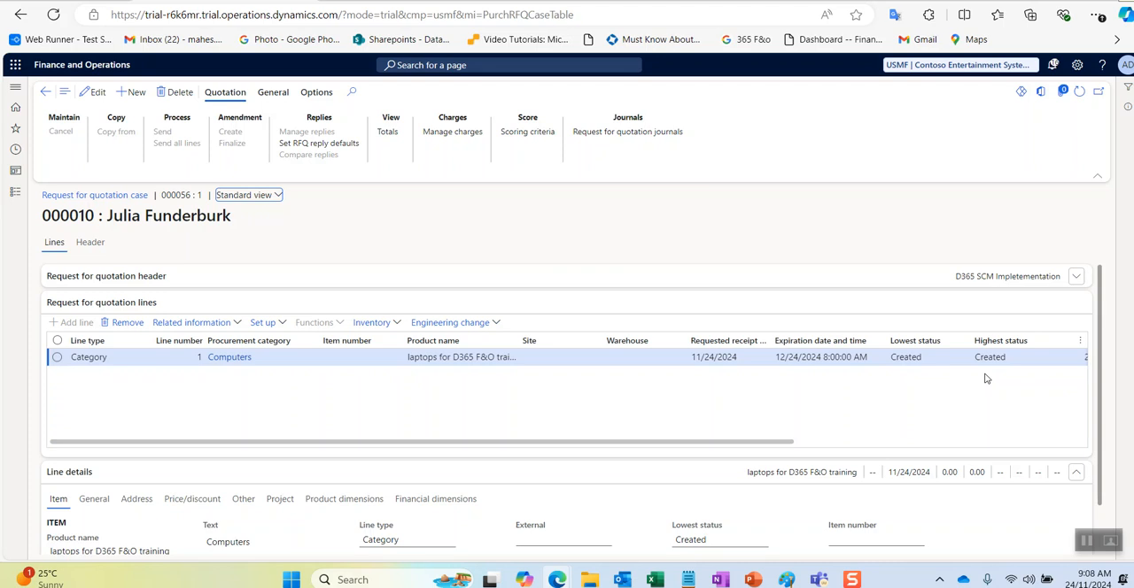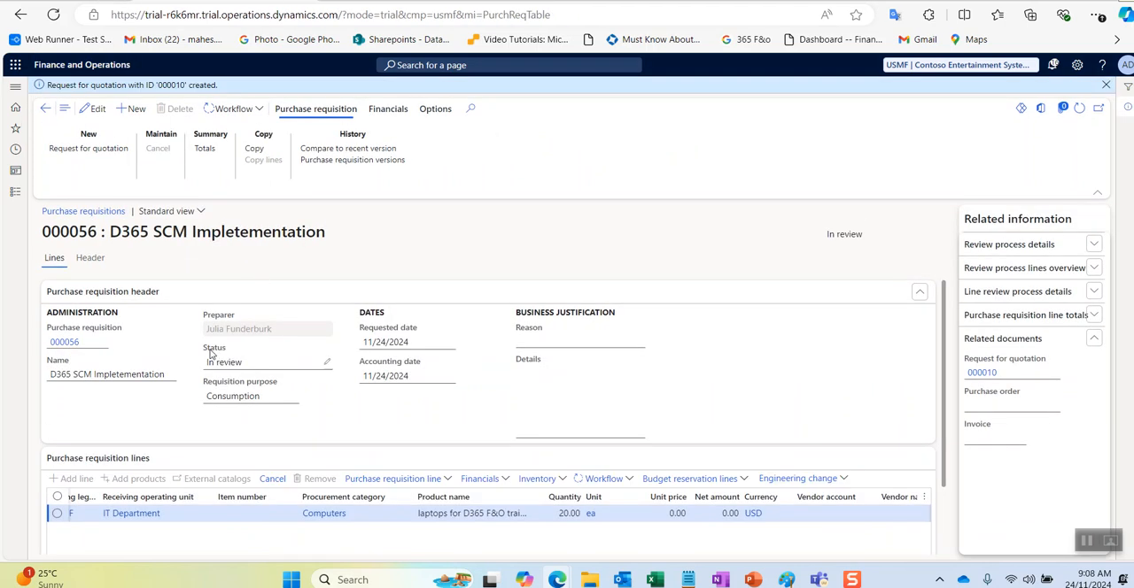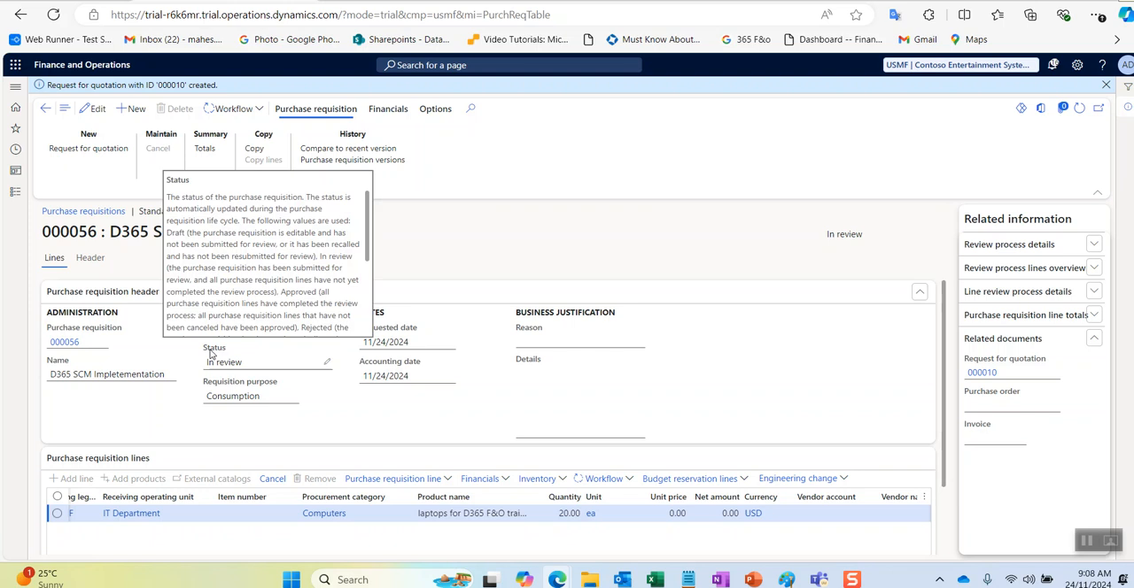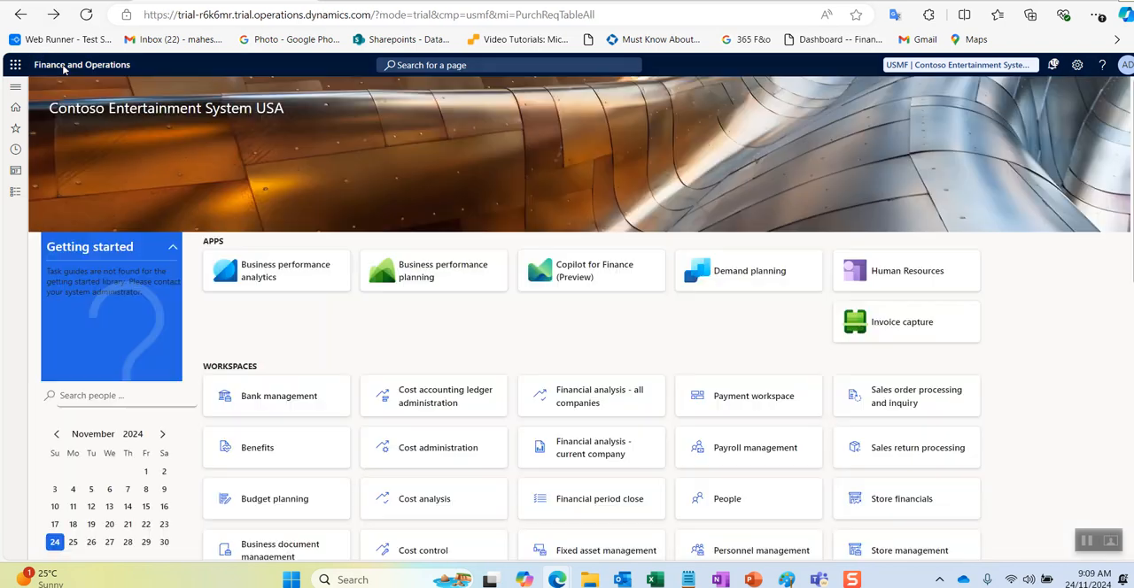Now this is the request for quotation. By default it opened from the particular purchase requisition form. Okay, if I click on back again, I will be back to the purchase requisition. The actual navigation for request for quotation is, let me go back to home so that you can remember the